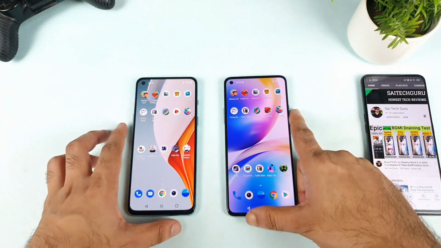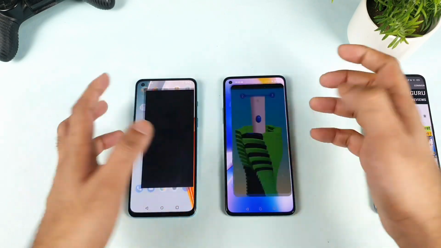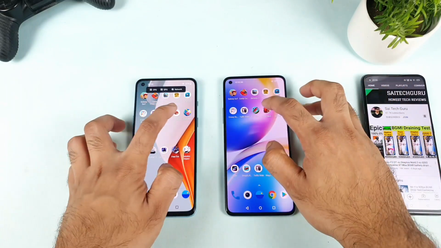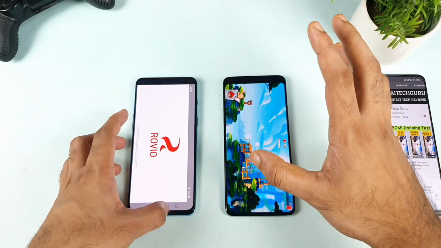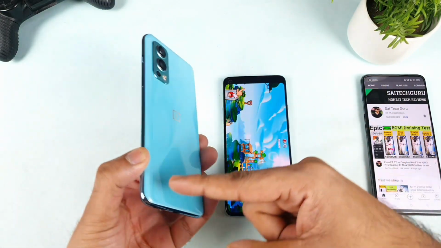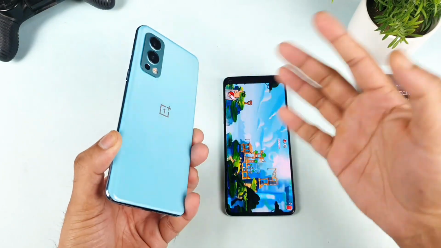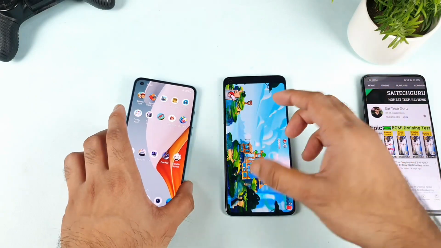So this, friends, is a quick comparison between both phones, and overall I am really impressed by the OnePlus 8T device in terms of the RAM management, which was able to keep all the 10 games in the background, but the OnePlus Nord 2 was unable to keep more than 5. Not only this time, I did close to 10 speed tests on this phone. Every time same issues, same problem, where it can only store 5 games. I'm not sure why it can only store 5.